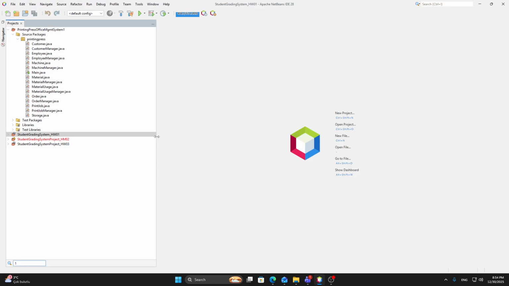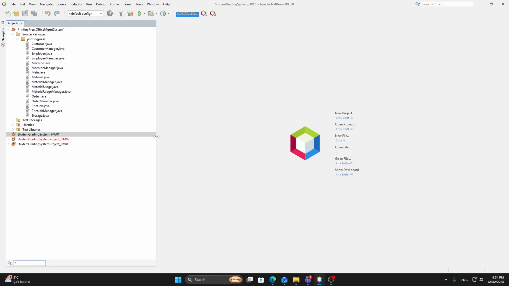Brainstorm 2 in structure of my term project. The topic of my project is Printing Press Office Management System. In this brainstorm, I implemented the structure part of the system, similar to Homework 1 student grading system. The project is developed in Java using a console-based structure, and it includes CRUDL operations and backup restore functionality for all classes.